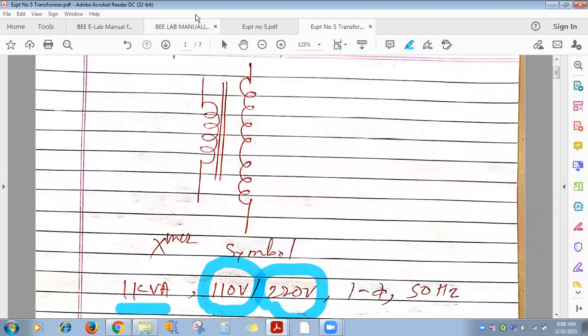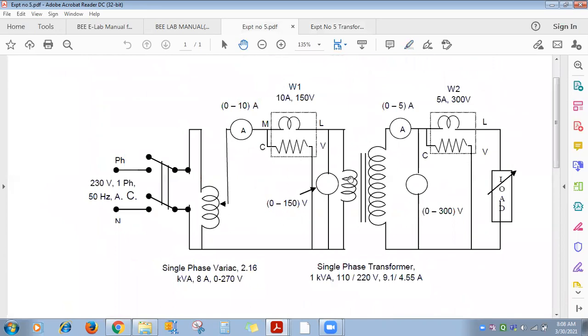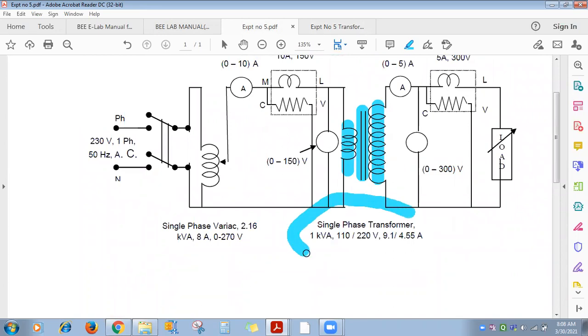That's why, whenever you draw the circuit diagram, see here, this is the circuit diagram of the transformer. This is the primary winding turns, these are the secondary winding turns, and the two straight lines indicate the magnetic core. Below it you have to write the specifications: 1 kVA, 110 volt, 220 volt, single phase, 50 hertz transformer. You mention here it's single phase, 50 hertz. You can find the turns on the secondary, you have to draw more compared to the primary because it is a step up transformer.